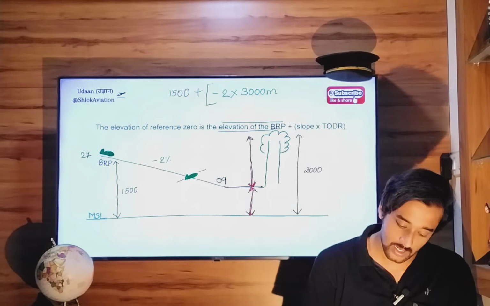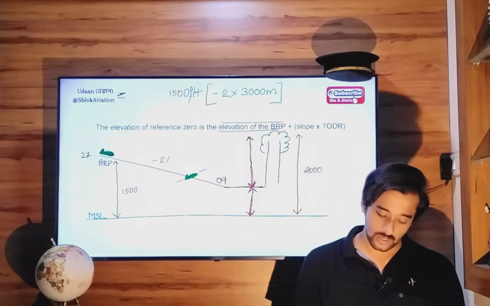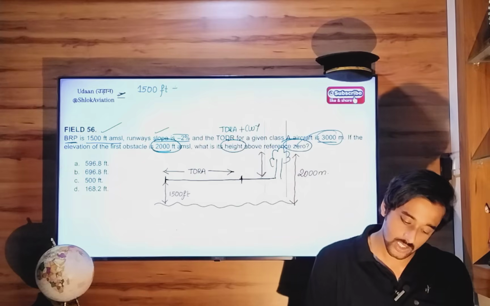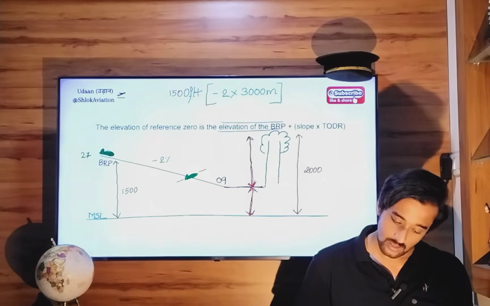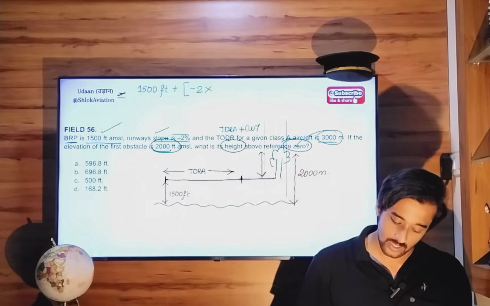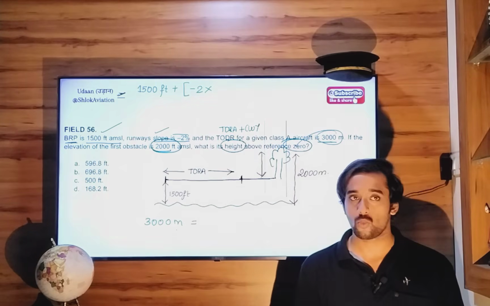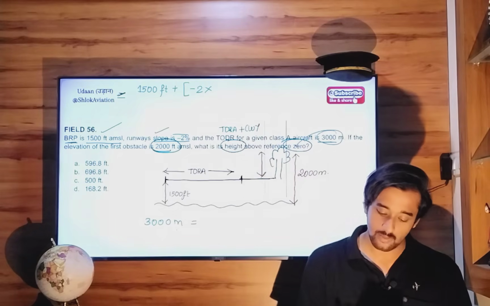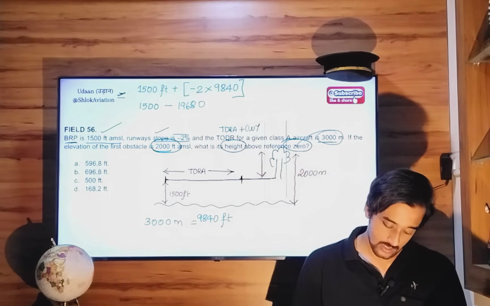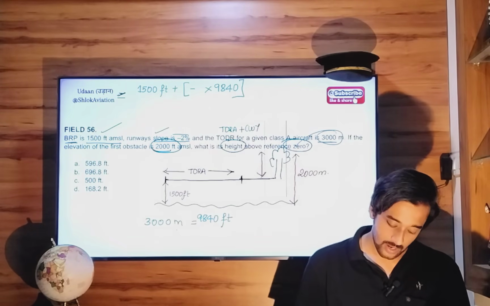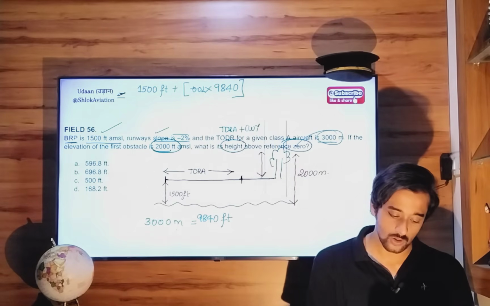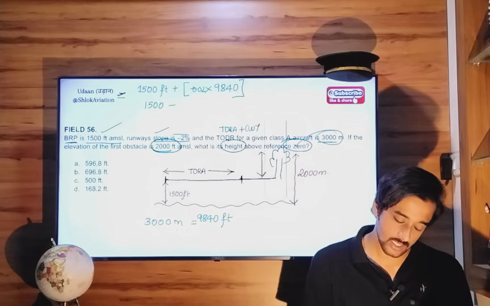Now pay attention, this is 3000 meter, this is 1500 feet. Okay, so I will rewrite here 1500 feet plus slope minus 2% into takeoff distance required. Now takeoff distance required here is 3000 meter. 3000 meter equals to how many feet? 1 meter equals to 3.28 feet. So 3000 meter will be 3000 into 3.28, that is 9840 feet. So what you do is minus 2%. So minus 2% is minus 0.02. 0.02 into 9840, 1500 minus 197,